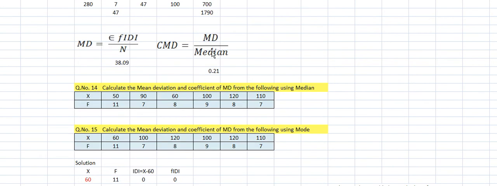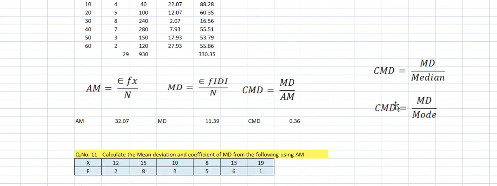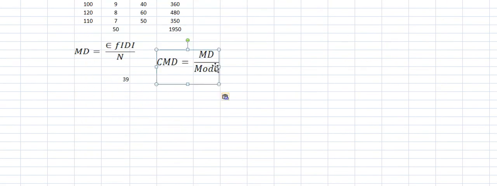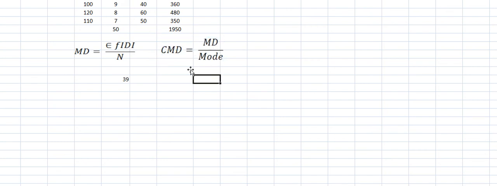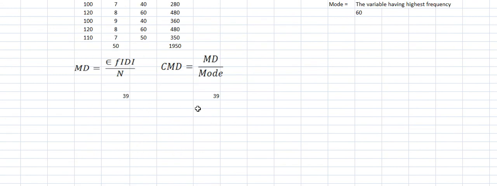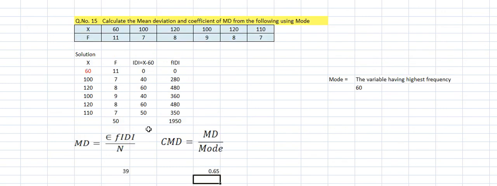So the answer of mean deviation is how much? 39. Now you need to use not this one because it is median base. So not this number, it is a mean base. Now you need to use this one, based on the mode formula. Simple formula, coefficient of mean deviation is what? Mean deviation divided by, simple now, the base on mode, right? So your mean deviation is 39 here. What is your mode? It is 60 here, right? So 39 is your mean deviation divided by 60, the mode. The answer is 0.65. I hope that the computation of mode is easier than the mean and median.